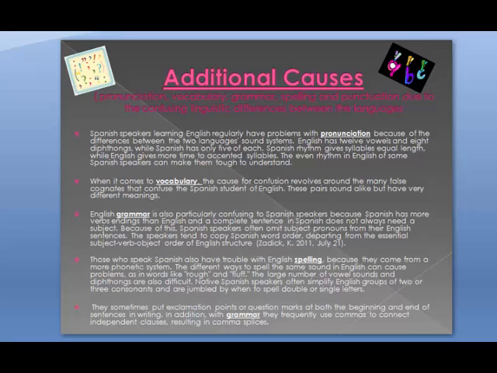Those who speak Spanish also have trouble with English spelling because they come from a more phonetic system. The different ways to spell the same sound in English can cause problems, as in words like rough and fluff. The large number of vowel sounds and diphthongs are also difficult. Native Spanish speakers often simplify English groups of 2 or 3 consonants and are jumbled by when to spell double